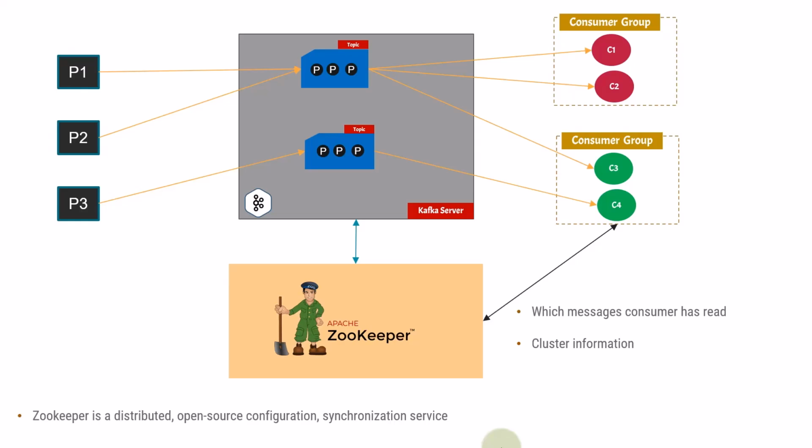What is the IP address? What is the current situation? What is the CPU, what is the RAM usage? How many topics are there? What is the partition? All that data is stored inside Apache Zookeeper, and also the topic information that I told you about previously. These are the different configurations that can be stored by Apache Zookeeper.